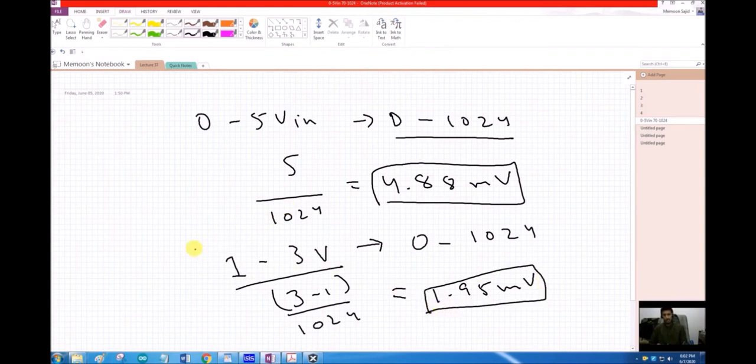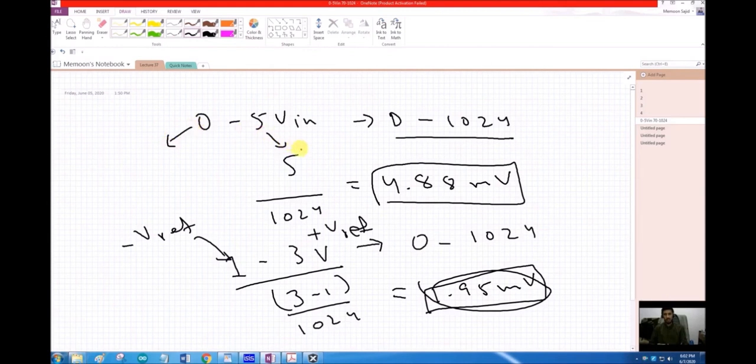If I set the negative Vref to 1 volt and positive Vref to 3 volts, only then can I achieve this resolution. Otherwise, if I have the negative Vref at 0 volts and positive Vref at 5 volts, I will get the same resolution as before, and the area from 0 to 1 volts and from 3 to 5 volts, all of that will be wasted because our input is not going into those levels at all. So it is very crucial in the case of your sensing devices.